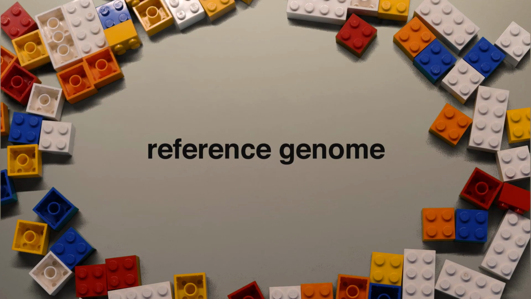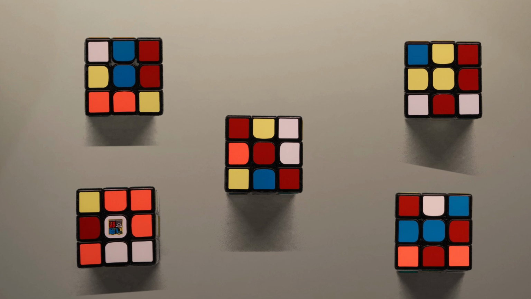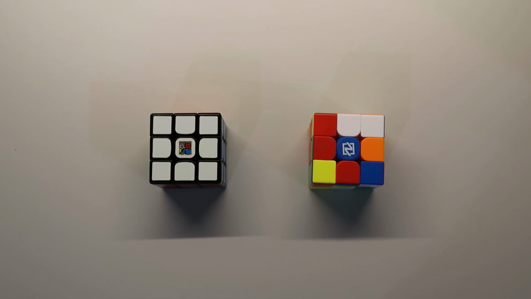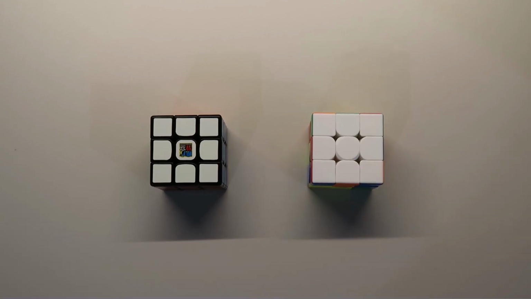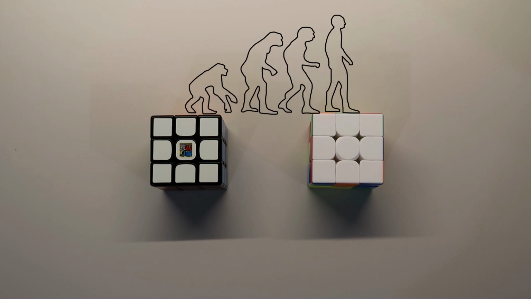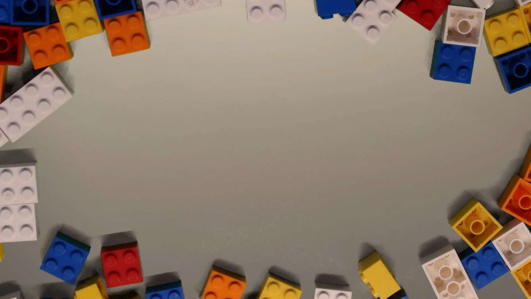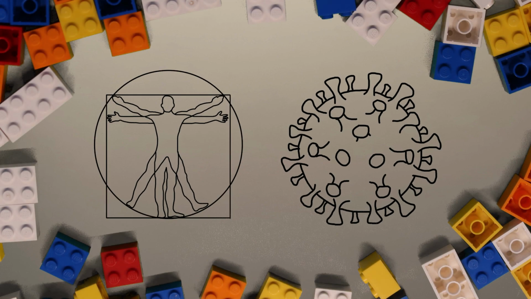A reference genome is a genetic blueprint that is representative of all organisms within a species. It's not the sequence of one individual's unique DNA, but rather a mosaic of DNA compiled from multiple donors. This creates a reference point to compare individuals from the same or different species and gives scientists a basis for research into areas such as evolution, disease, and genetic modification. Notable examples of reference genomes include the Human Genome Project and more recently SARS-CoV-2.